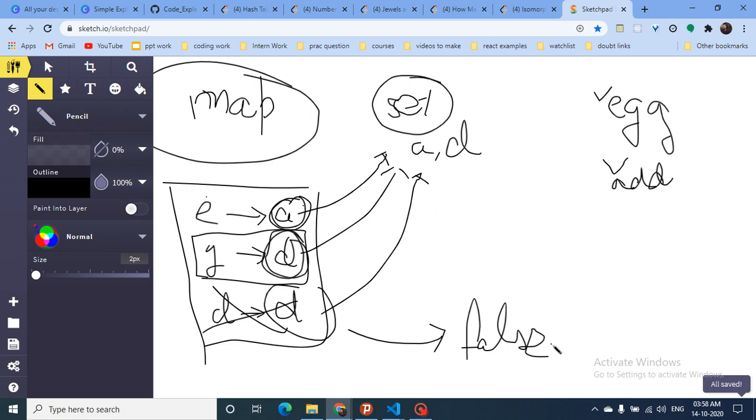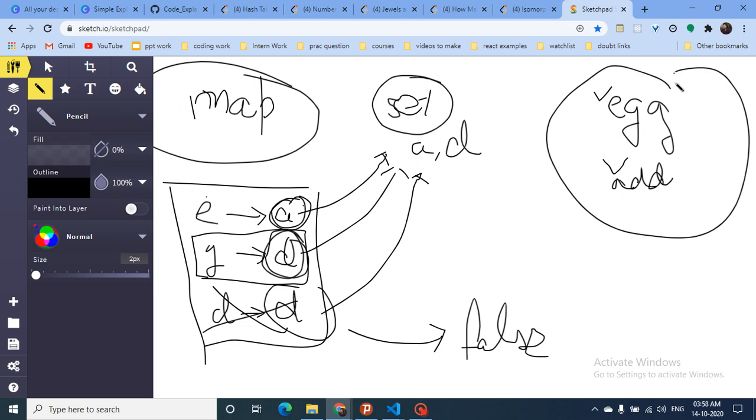So if you get the point of how we are using two maps, you can also use a map here, or you can use a set, whatever you want. And then we just have to find out whether I can make this possible transition from S to T. So I'll make it more clear with the code itself.